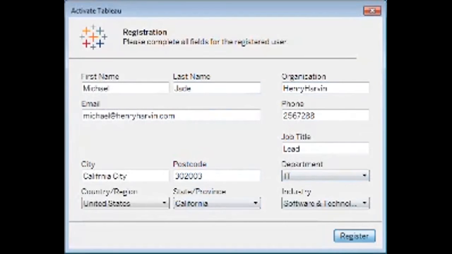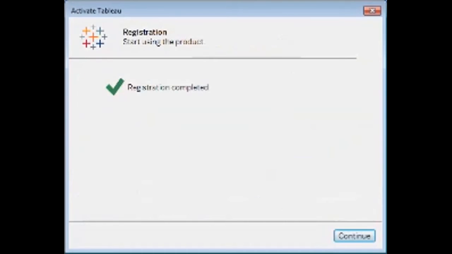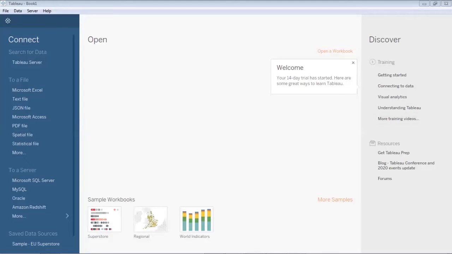Let's go for registration now. So it has sent our details to the Tableau server, and our registration is complete. So we can start the product usage from now up till 14 days. So let's continue. In this way, you install your Tableau Desktop, register, and then this Tableau